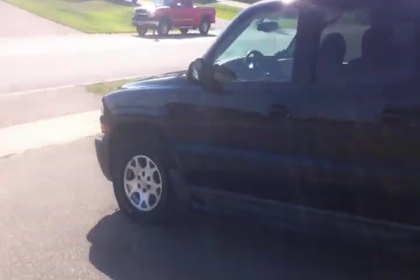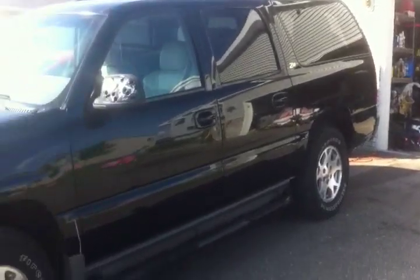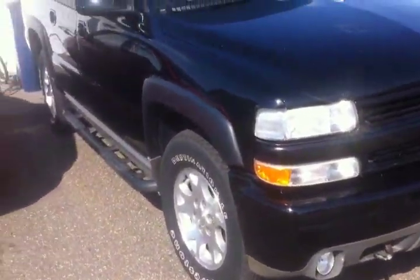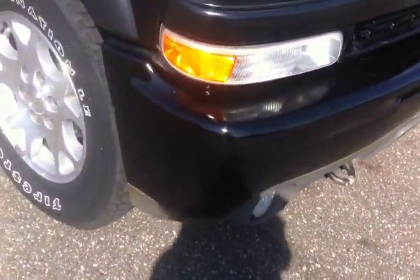Alright guys, here's a final look at the Suburban before it leaves. Just to give you guys a look in the sun. The job turned out exactly the way it should have, and then some, for what we were getting for it. I'm gonna quote Pisser here and just say that there definitely could have been a good 3-4 more hours spent on body work and wet sanding and buffing to get this perfect, and